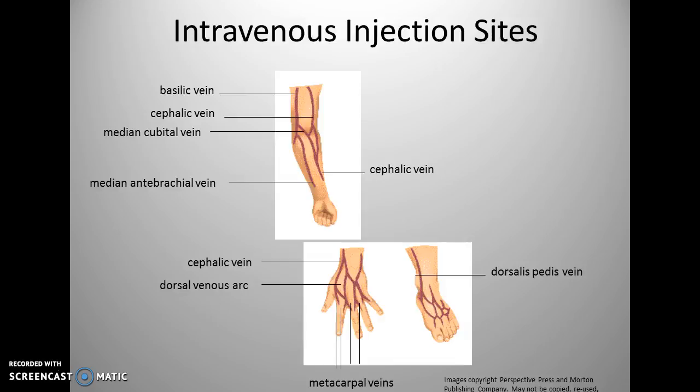So what are the different popular injection sites? Well, the most popular injection site for most IVs is the median cubital vein. The median cubital vein is located right here. This is what the doctor or nurse first looks for. A lot of times you see IVs injected into the dorsal venous arch. That's located right here. It's another place where you can put the IV. But other places can be the basilic vein, the cephalic vein, right